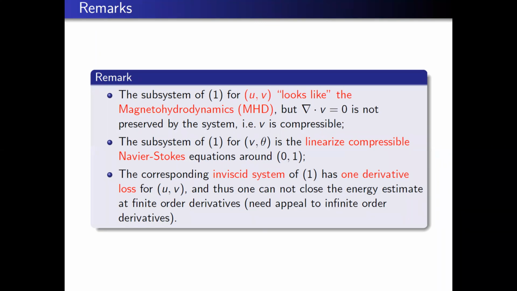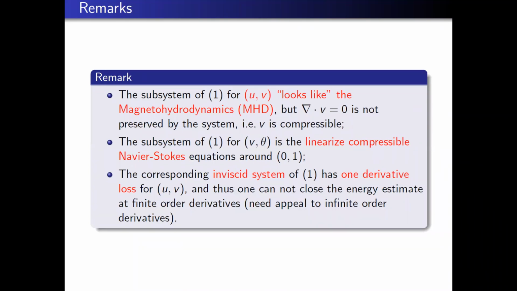That's not really correct. Div of B is not an extra condition. There is no pressure in the magnetic field. What happens is the divergence of the initial data is 0. And then one can show, if you have nice solutions, the divergence of B is invariant. And because it's initially 0, it remains 0 all the time. So it is part of the solution. It is not part of the equation.